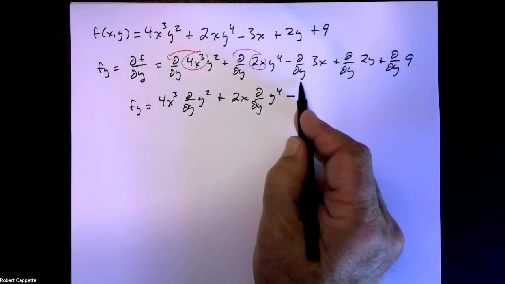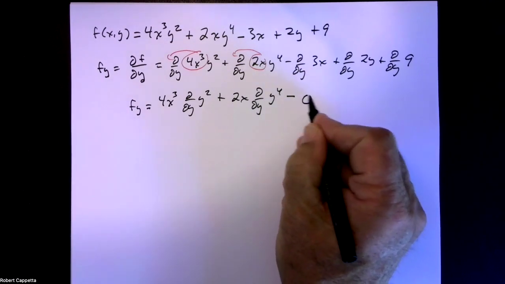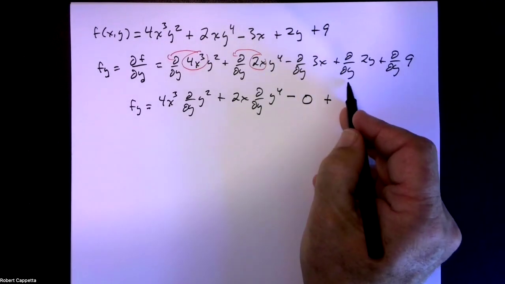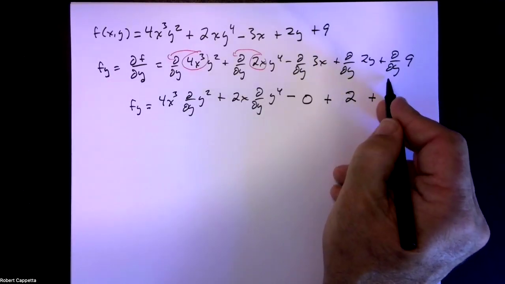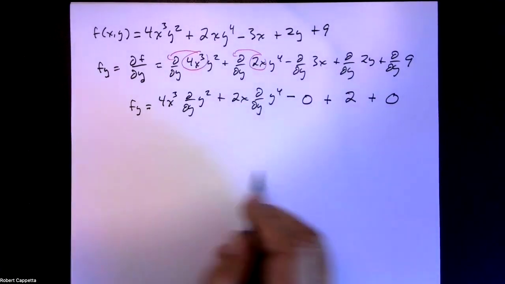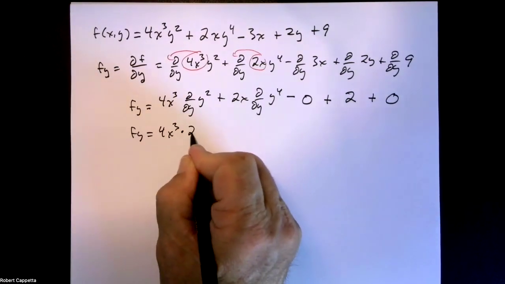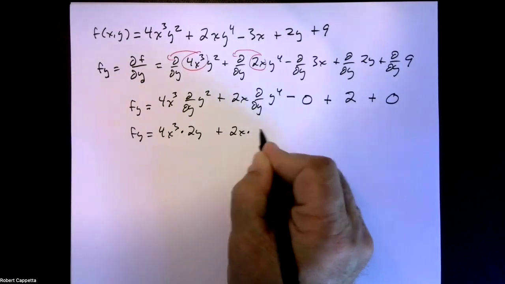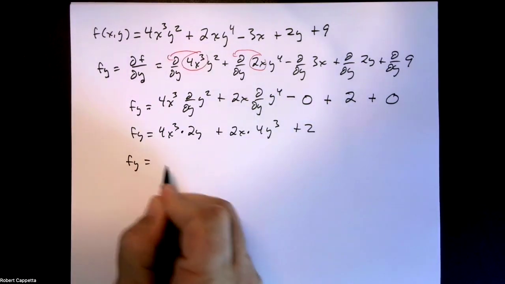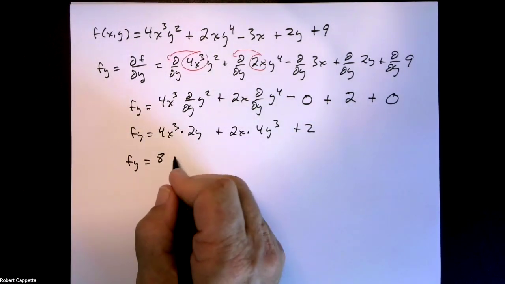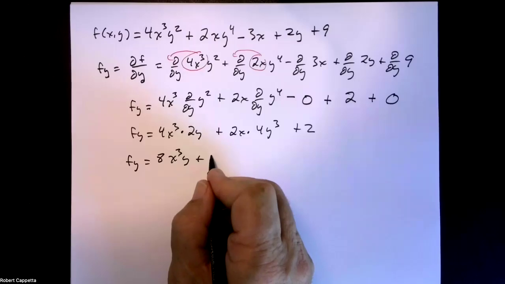Well, here we go. The partial with respect to y of 3x. 3x is perceived as a constant, and the derivative of a constant is 0. Here, the partial with respect to y of a function of y, you just take the regular derivative and get 2. The partial with respect to y of 9, that is a constant again. That is going to give me 0. So then what does f sub y become? 4x cubed times 2y plus 2x times 4y cubed plus 2, which gives me my partial derivative of f with respect to y, 8x cubed y plus 8xy to the third